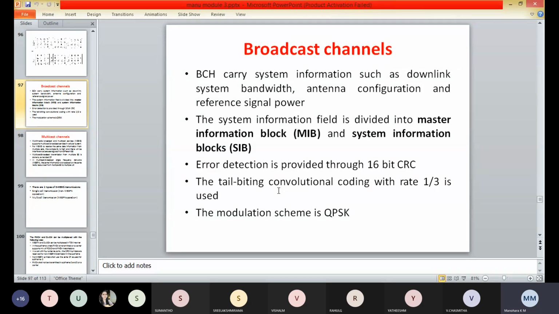So here the transmission of the PBCH is characterized by a fixed predetermined transport format and resource allocation. So there is no higher layer control. Next we have the error detection. The error detection is done using the 16-bit CRC, and then the CRC parity bits are scrambled according to the eNode B transmit antenna configurations with the scrambling sequence which is specified.